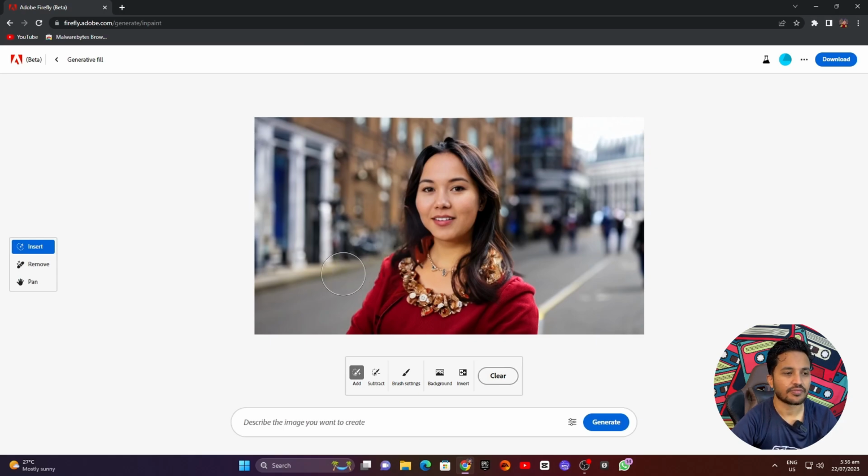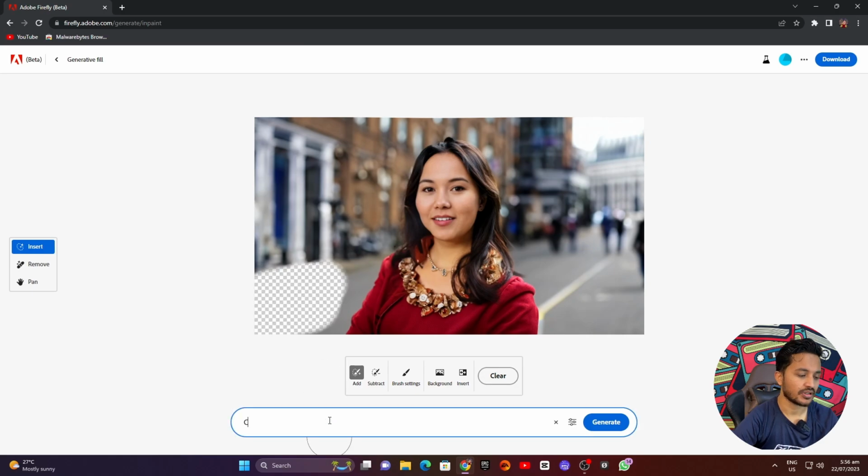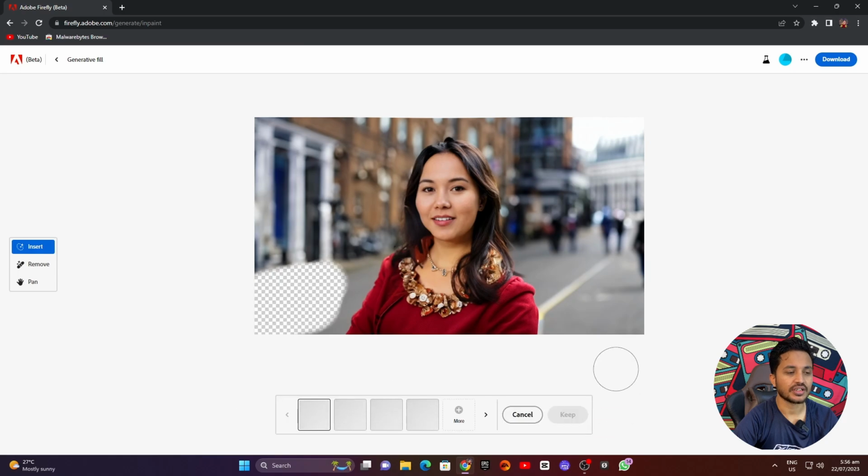So let's say if you want to add stuff in the background, as I mentioned at the beginning, you can also add stuff in the picture. So I'll select this area, a random area, and I'll type car. And then when I click generate,